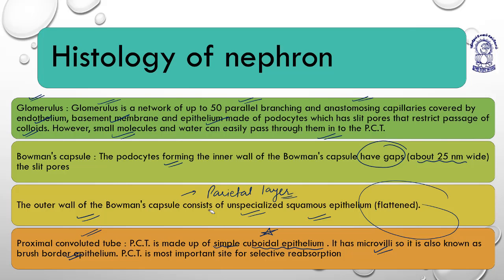The cells have numerous mitochondria near the basolateral surface, which allows the reabsorption of salts by active transport. So they have numerous mitochondria at the basolateral surface for active reabsorption. Now, one thing I have to show,